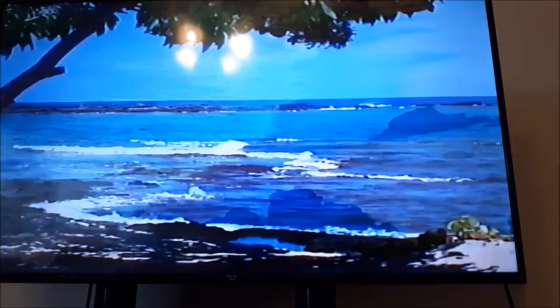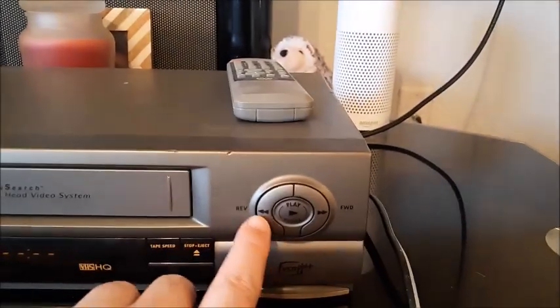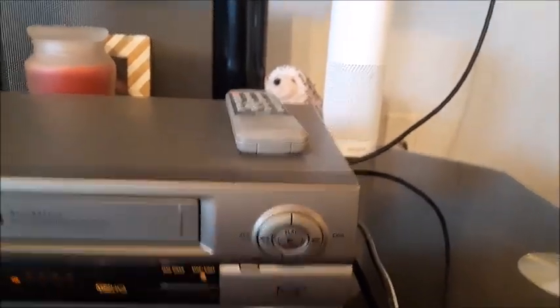Now let's push play. And if you see the blue, you'll notice as a VCR watcher back in the day, that's the telltale sign that your VCR is working. Okay, if I want to rewind right now as it's playing, the only thing I have to do is just hit rewind once. And then as you can see there, it's going to slowly rewind. This is actually pretty quick, but it's going to do it actually live while I'm watching,